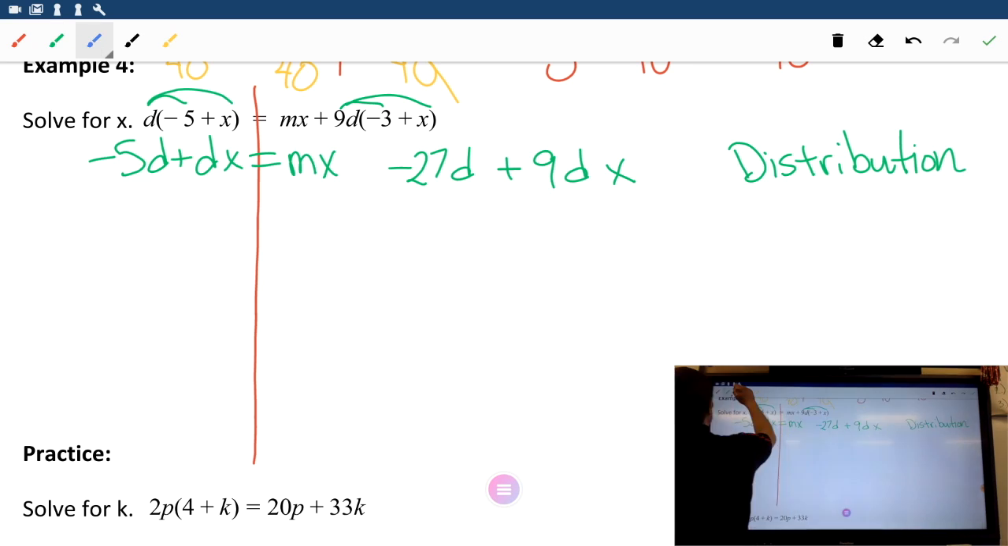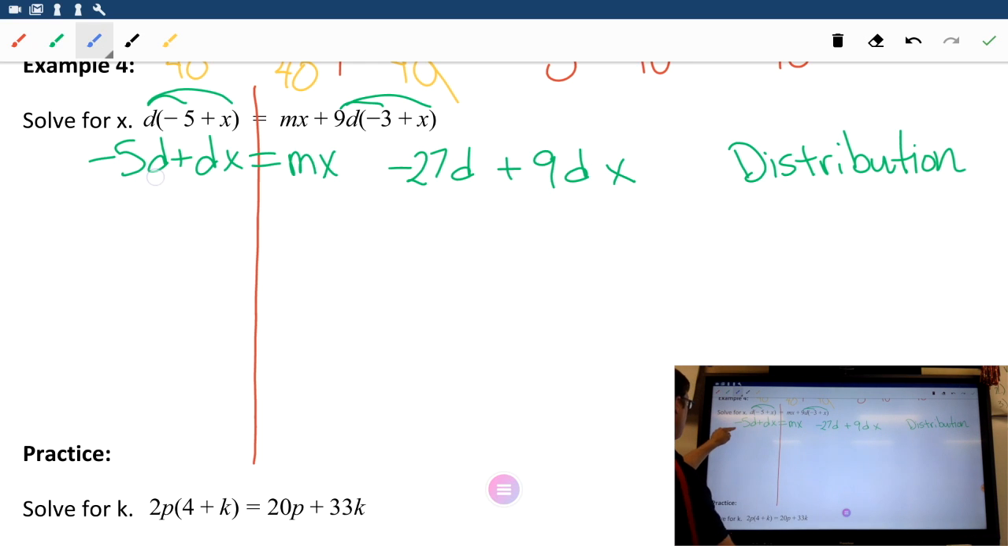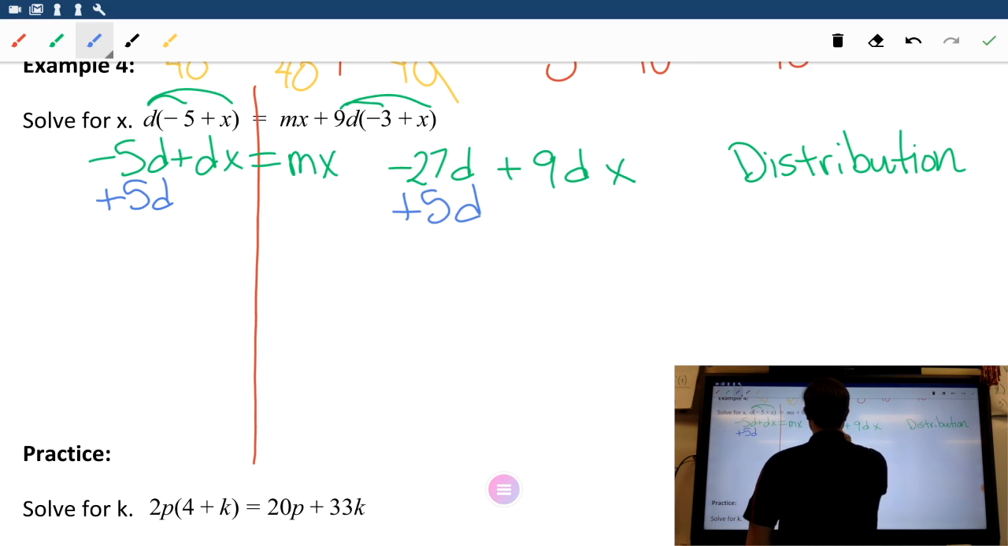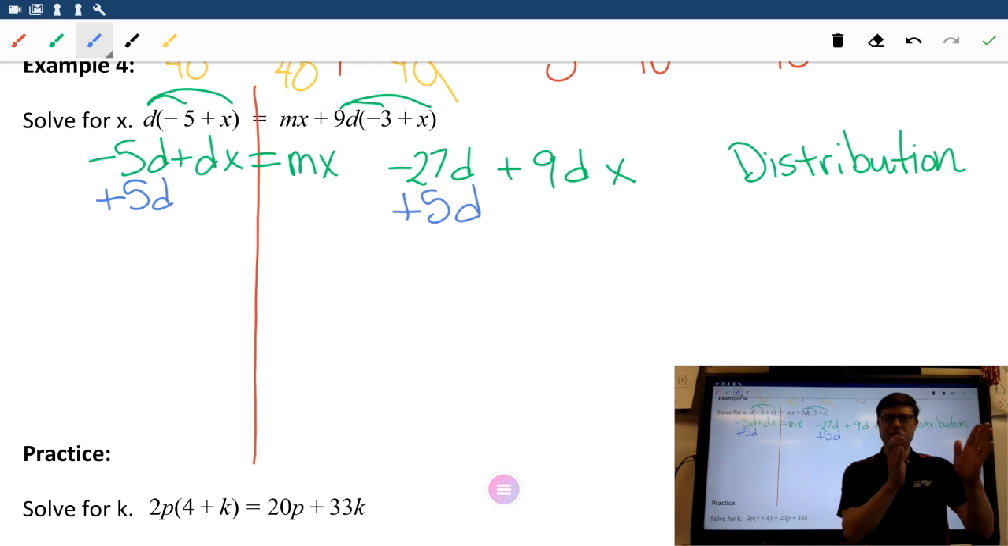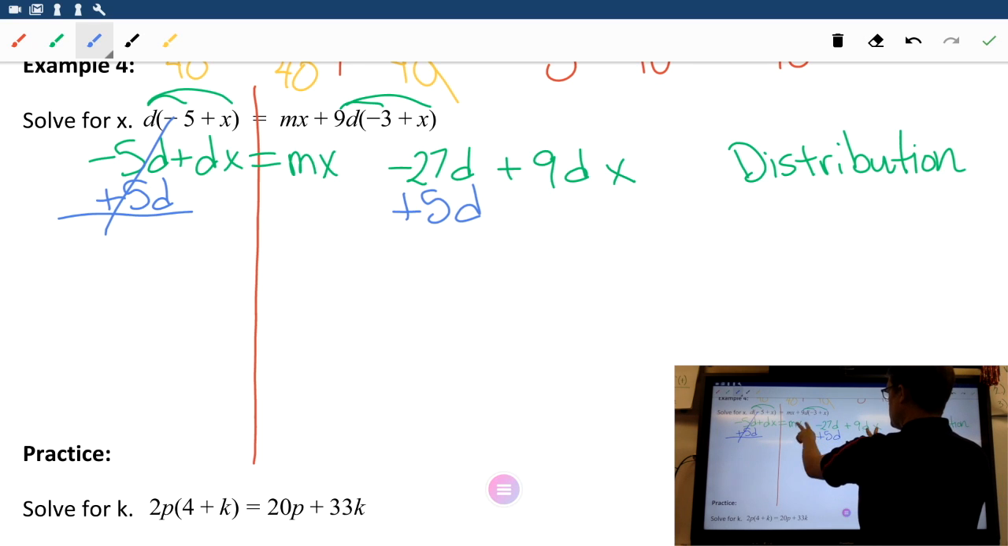Multiply. Now, I want to move x's to the same side of the equation and non-x's to the other. So the first thing that I notice is that this minus 5d doesn't have an x multiplying in there. It's not a factor. So therefore I'm going to add 5d to the left side of the equation and go over to the right and add 5d to the right side of the equation. I also know it lines up. Letter d, 27 and 5, put them in a stack. These cancel. Now these two things, they both have x's in them, so I'm going to,